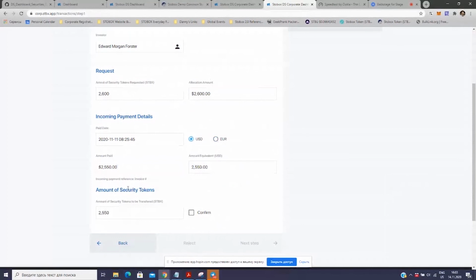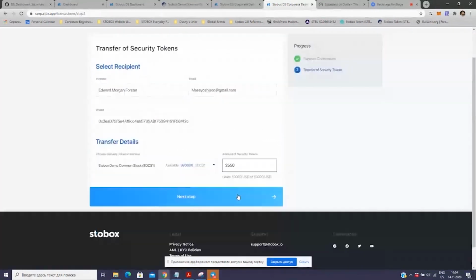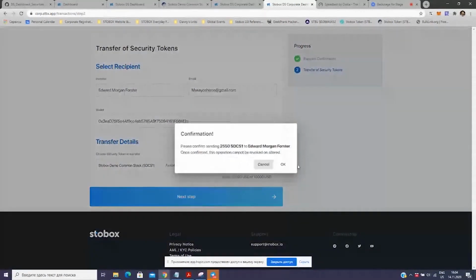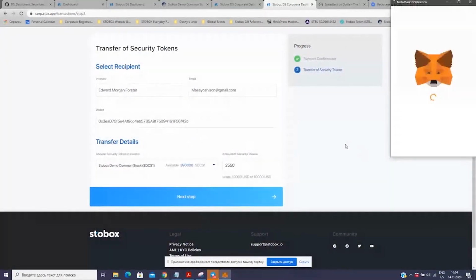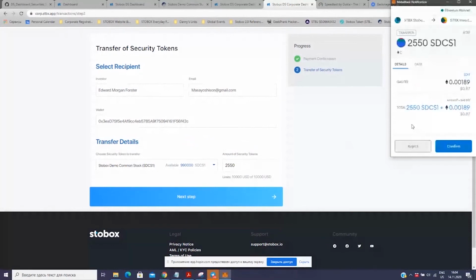I just want to make sure that the investor is Edward, and his email and wallet are correct. I can copy, paste, and check if I need to do further checks before I proceed. I choose my securities, so that's my token on the chain. I have that number of security tokens. There are my limits which are implemented. Me as a corporate, because we deal from the corporate side, we have no limits, so those are the reference numbers. But once I confirm,